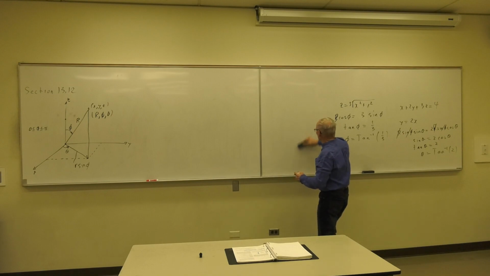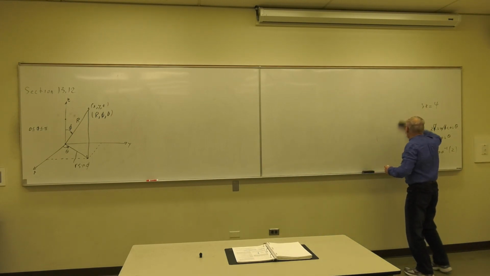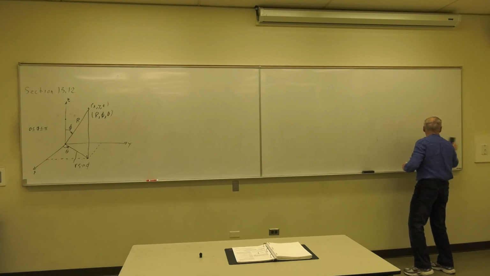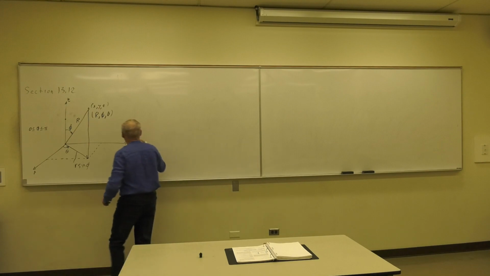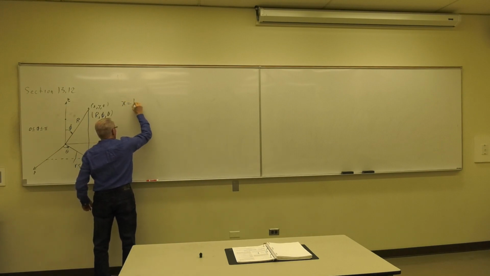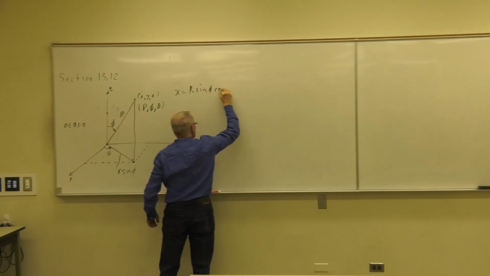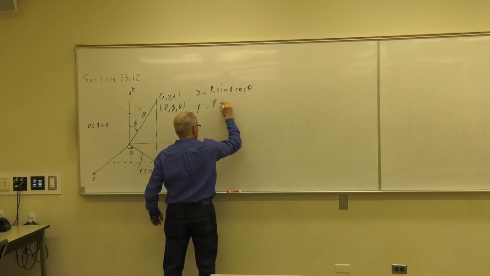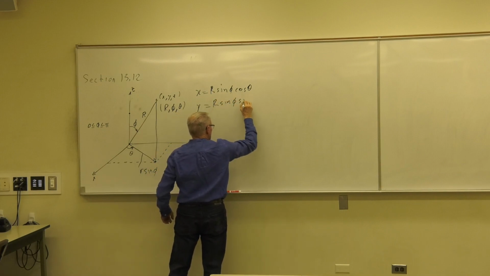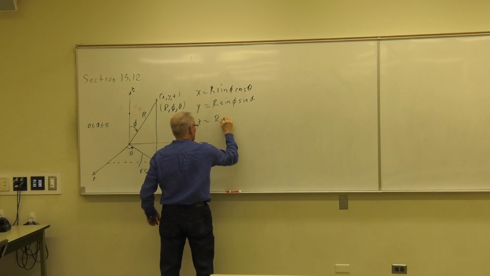So we'll keep, oops, I erased them. I was going to say we'll keep those equations, and I just erased them. So let me put them back as we might want to refer to them. X is equal to r sine phi cos theta. Y is equal to r sine phi sine theta. And z is equal to r cosine